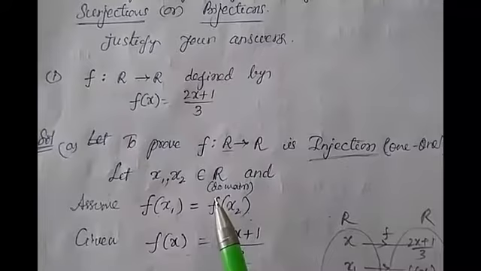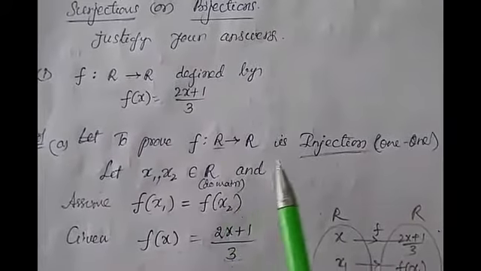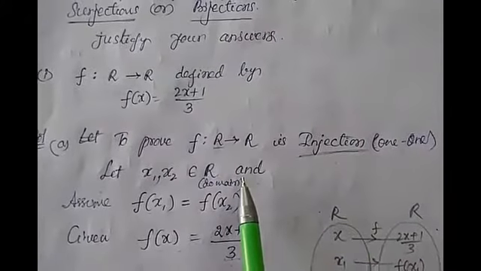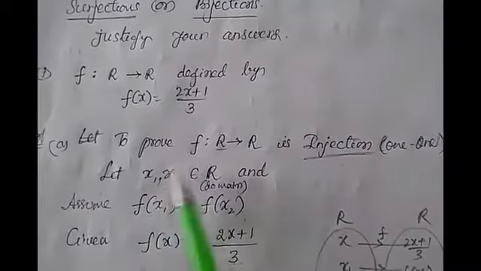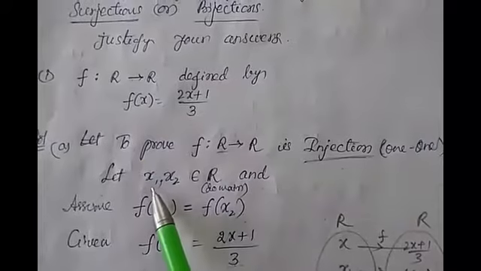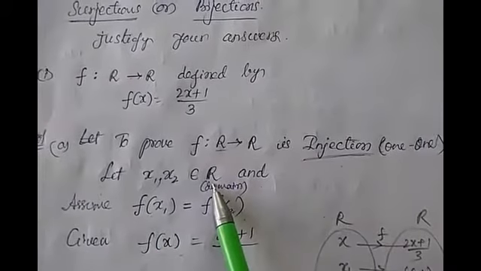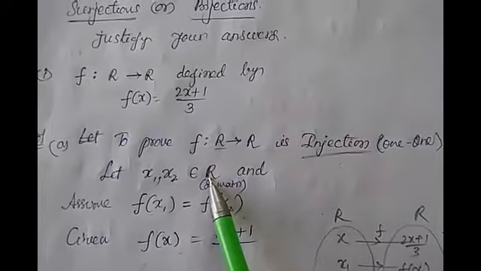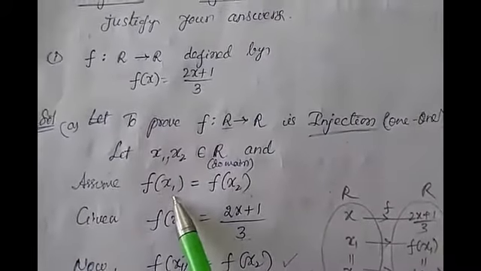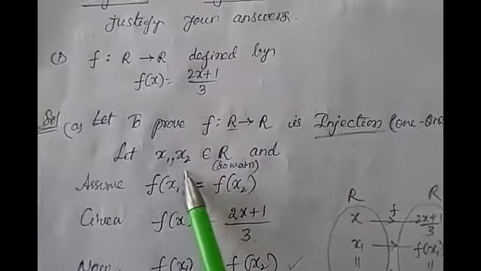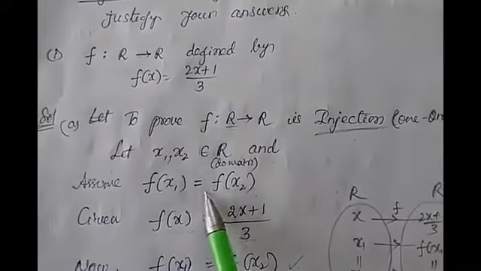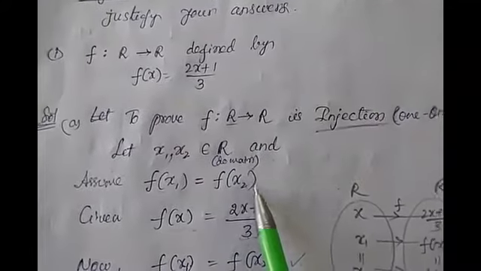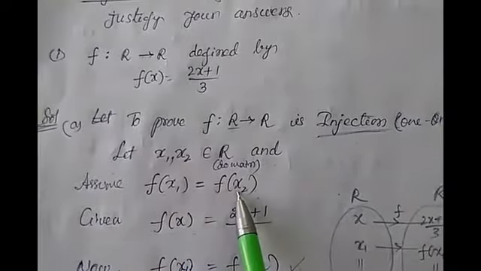In your previous video, I told you the proof technique of a 1-1 function. In the same manner as we discussed in that video, let us take two elements from the domain set. That means let x1 and x2 be elements in the domain, the real number set R, and assume that the images are equal. That means f of x1 is equal to f of x2. Let us show the elements are equal.